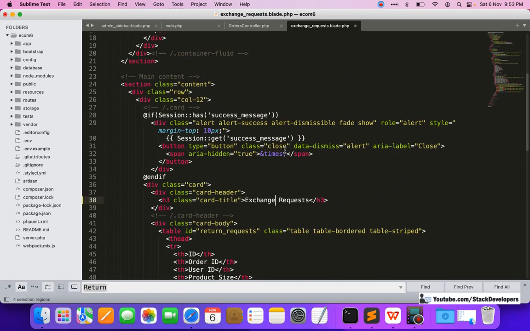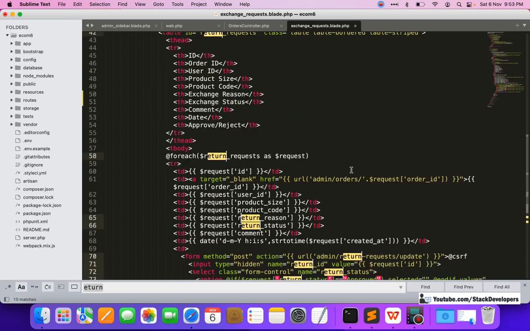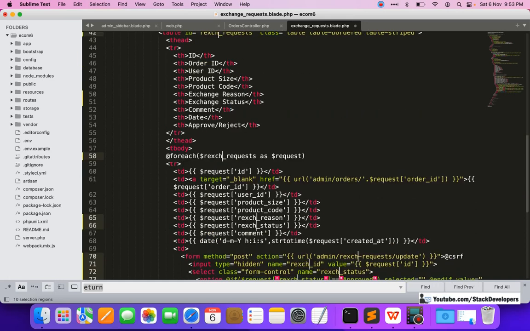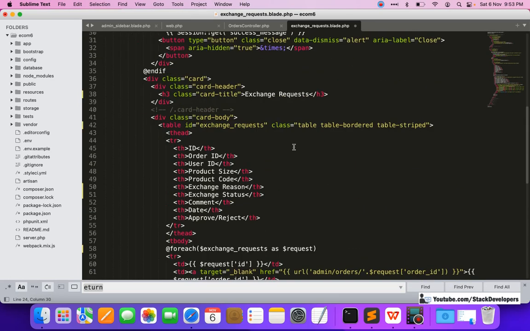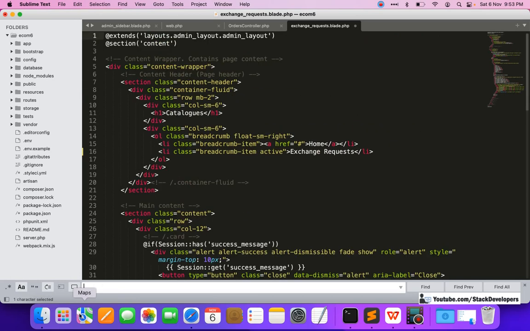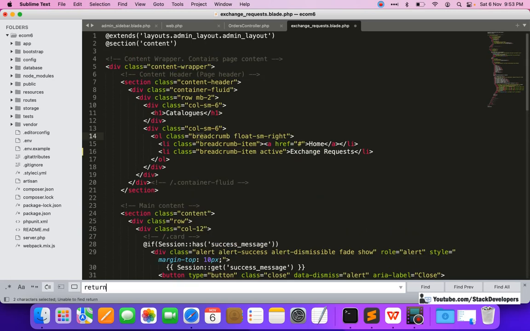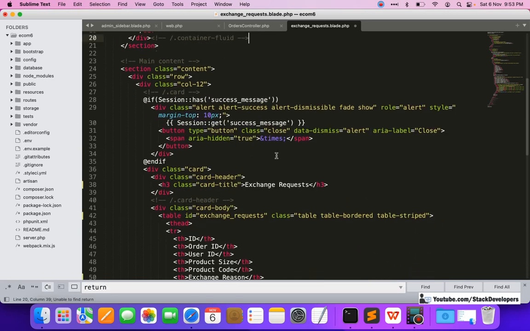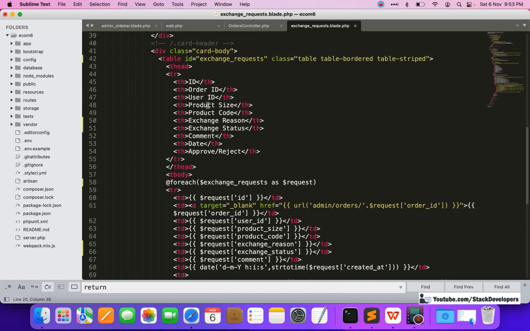Also we are going to make exchange. Okay, so now we will check once. Now see we have the foreach loop for the exchange request as well, but here make sure